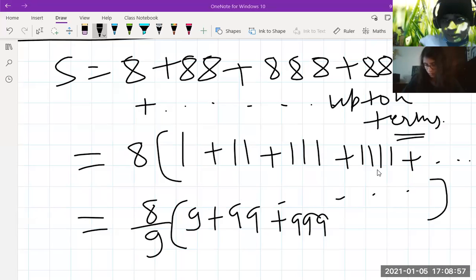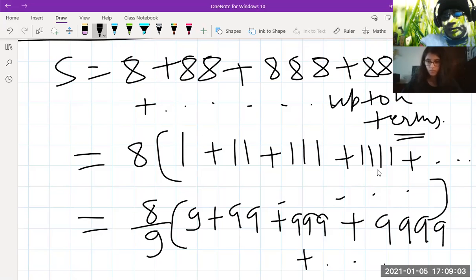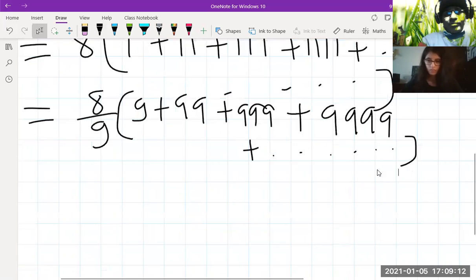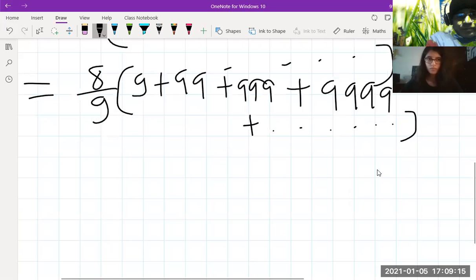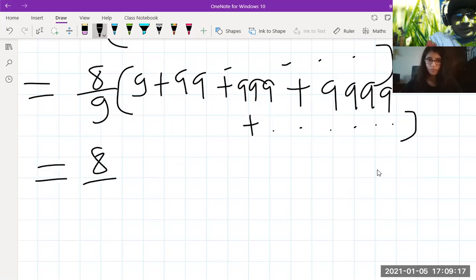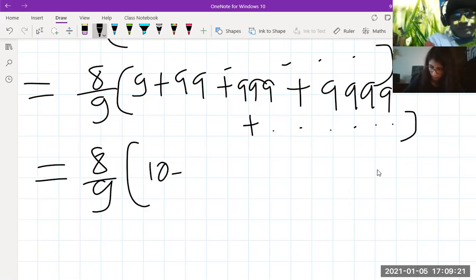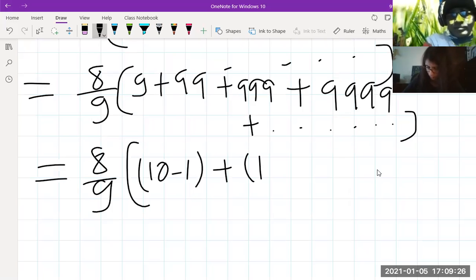Okay, and plus 4 times 9, and so on. It will be going on, right? Now, what we'll do, we will write it in this way. 8 upon 9, and 9 can be written as 10 minus 1, and 99 can be written as 10 square